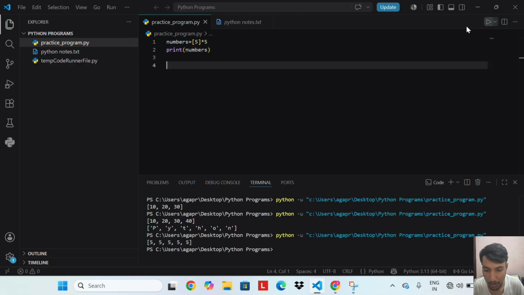Let's run this code. We get 5 five times in a list. The asterisk operator repeats the list content. 5 in square brackets asterisk 5 creates a list with the value 5 repeated 5 times. This is useful when you want to create a list with a default value.